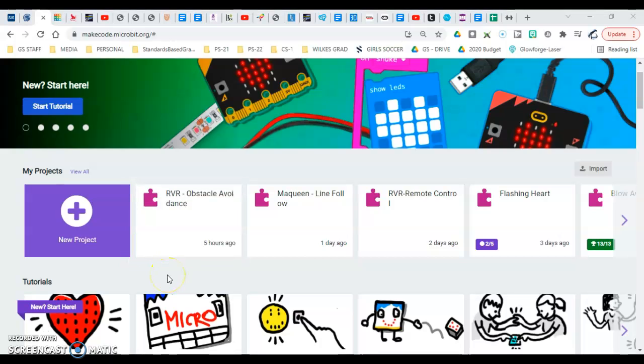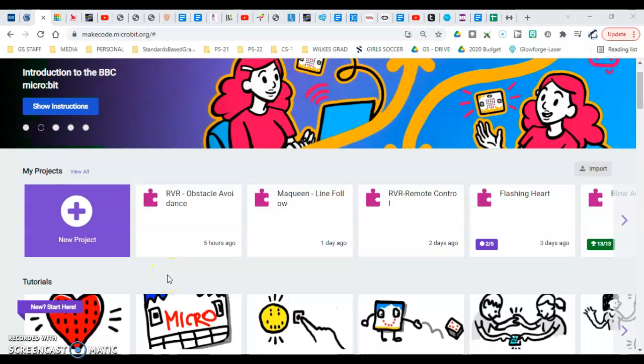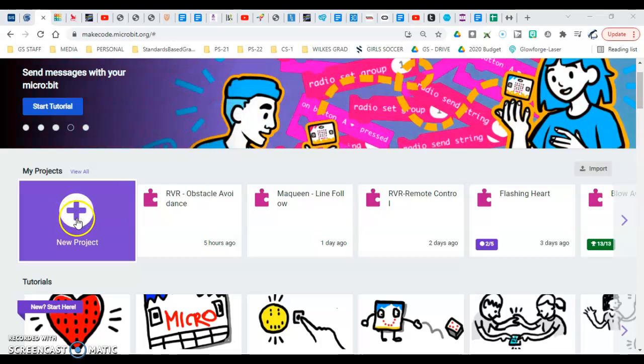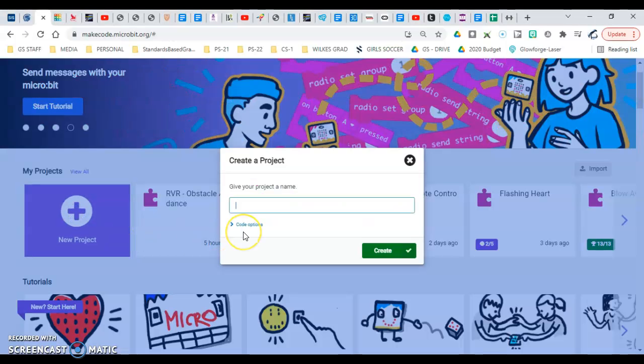I'm going to show you how to make a program to have the McQueen, which is the smaller motorized vehicle, to follow a line. So go to your make code page. We're going to program it in Microbit. Go ahead and click New Project, and you can call it McQueen